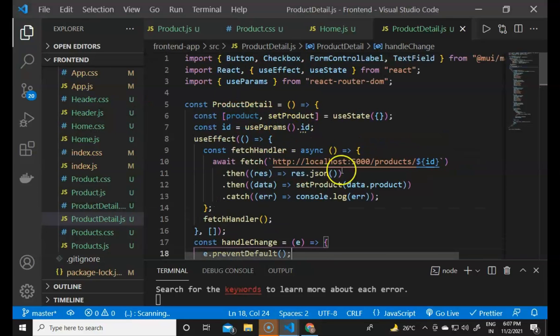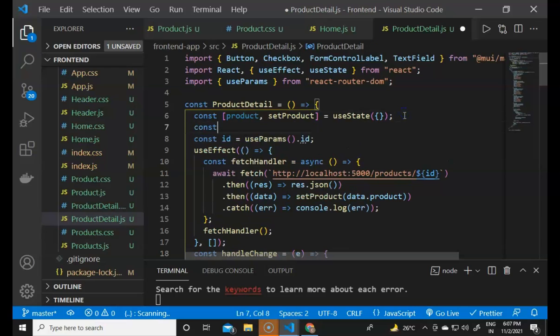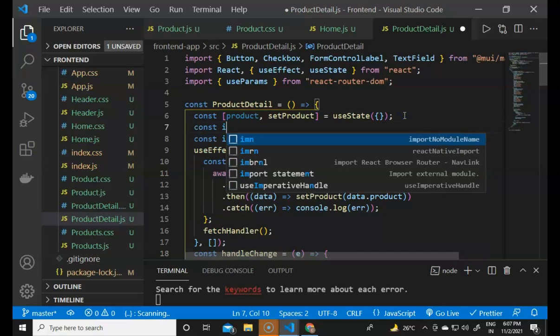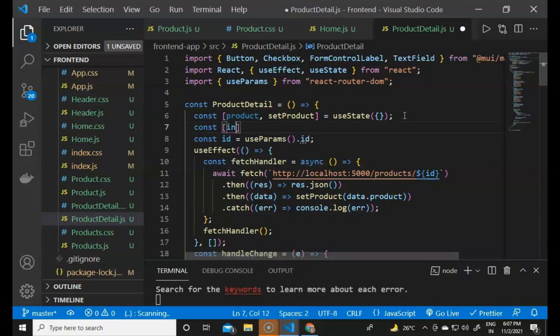First we are defining the products, and for that we can define the inputs also, as const inputs, setInputs equals useState, containing an object that is blank this time, because we will create the inputs dynamically.